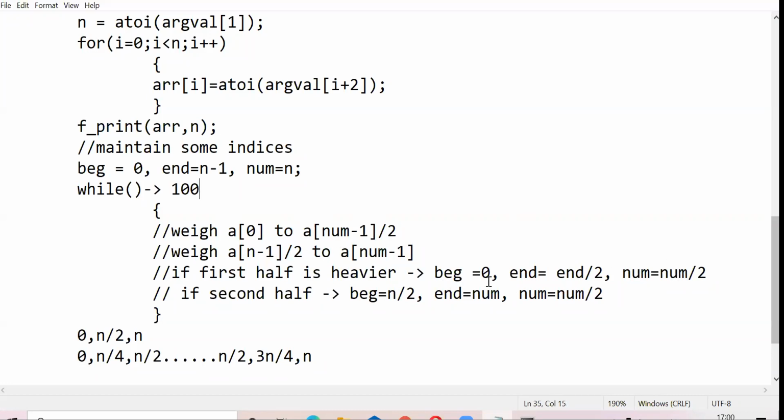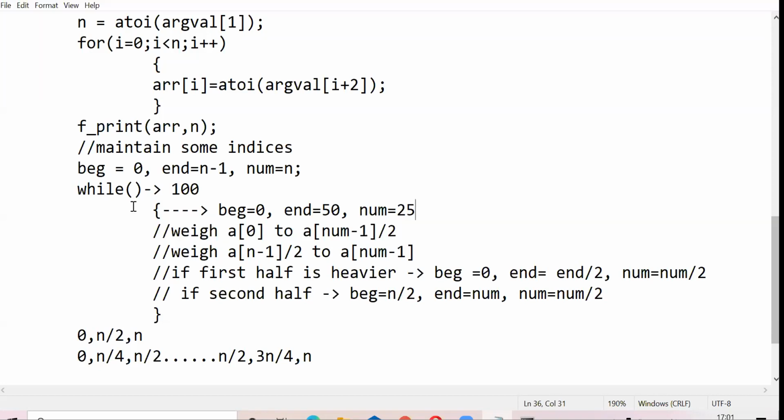Now if your first half was heavier, beginning remains 0, end becomes end by 2, which means now end becomes 50 and num becomes 25. So if your first half is heavier, in the next iteration your beginning remains 0, your end becomes end by 2, which is now 50, and your num becomes num by 2, which becomes 25, right?